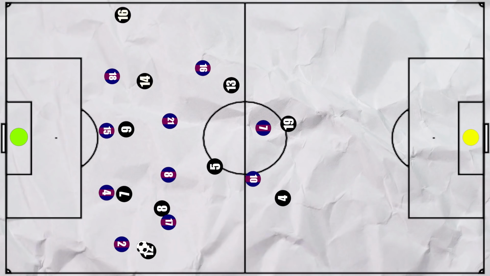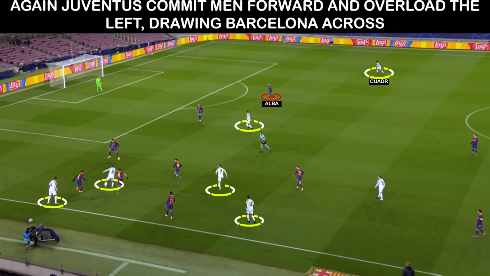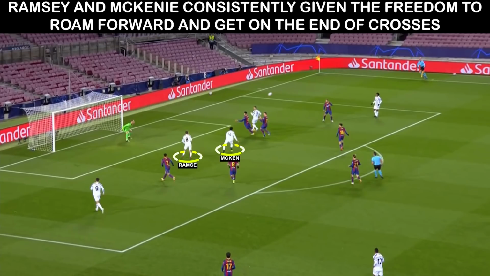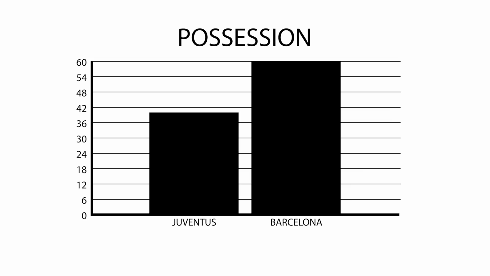We see elements of this in McKennie's goal. When the ball is on the left, Morata, Ramsey, Ronaldo and McKennie are all high, and as a result, Alba has to come more central, freeing Cuadrado on the far side. The ball comes to McKennie, who then moves the ball out to Cuadrado. We see how both Ramsey and McKennie have permission to flood the box as they are both unmarked, and it's McKennie who finishes brilliantly. But as Juventus went ahead so early, Barcelona had the majority of the ball with 60%,